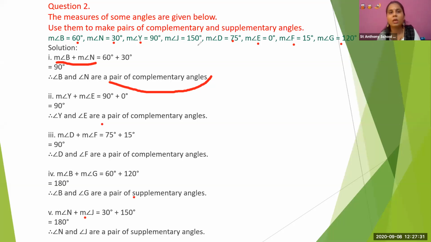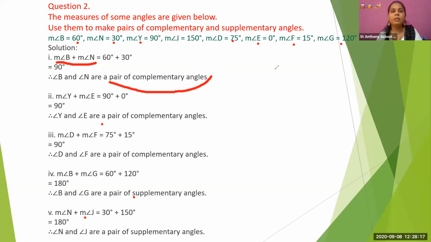Any two angles you can choose out of this. There are many angles. Okay, any two angles you can choose by your choice and check whether these are complementary angles or supplementary angles. It is very compulsory or essential to check whether these are complementary or supplementary. कोई भी two angles को आपको addition नहीं करना है. Okay, choose any two angles whose sum is 180 or 90 degree, whether it will form supplementary angles or complementary angles. Okay, I hope everyone is clear about this. Clear? Okay, good.